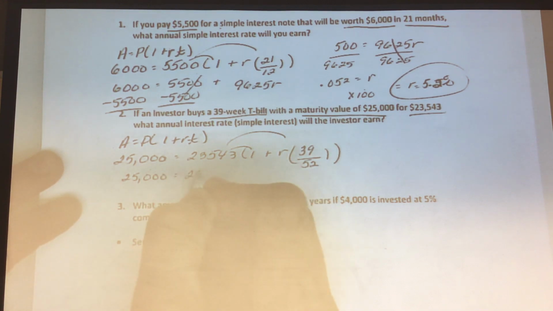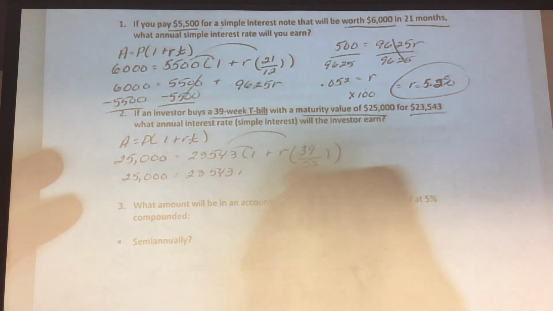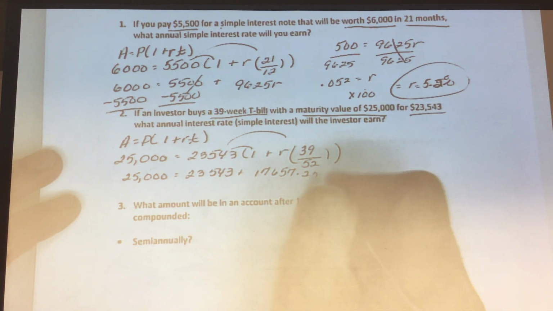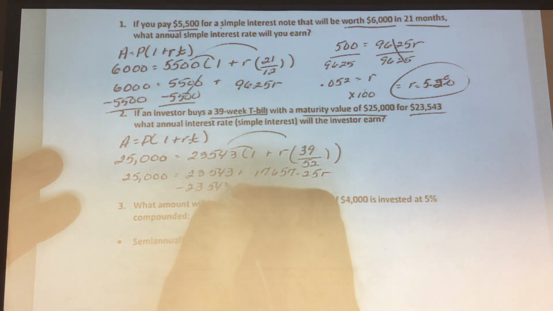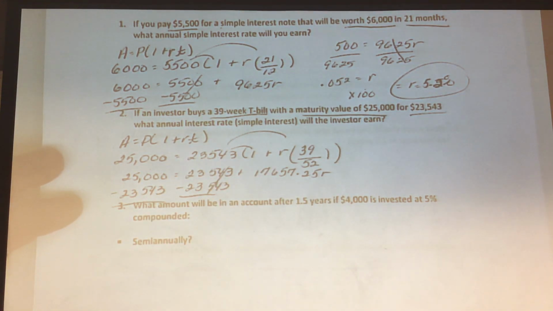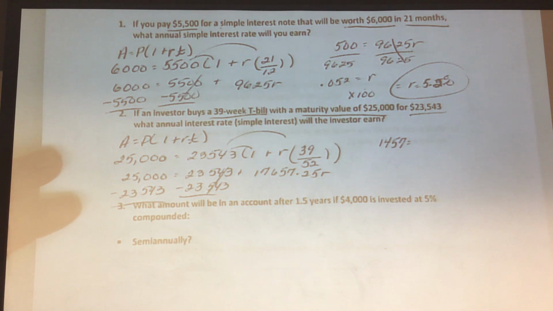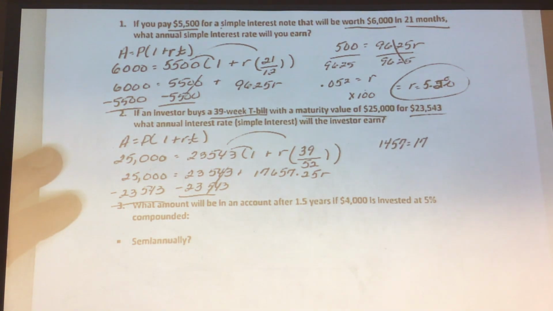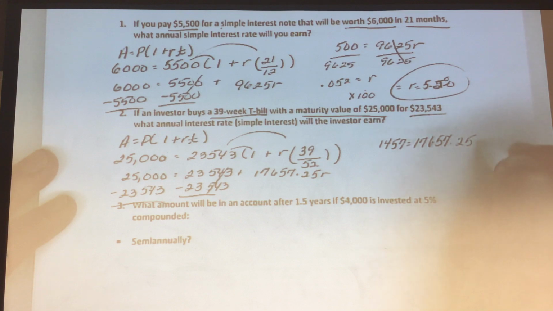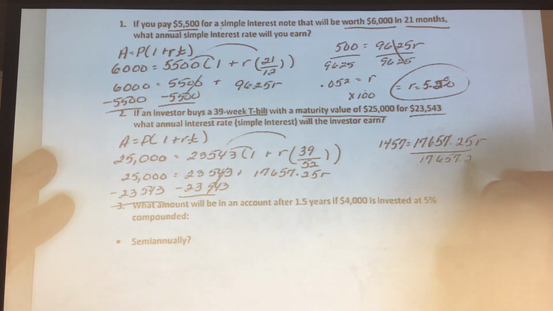So 25,000 is equal to 23,543, plus when you divide and multiply, you end up with 17,657.25 R, and subtract 23,543 from both sides, and you're left with 1,457 is equal to 17,657.25 R, and divide both sides by 17,657.25,